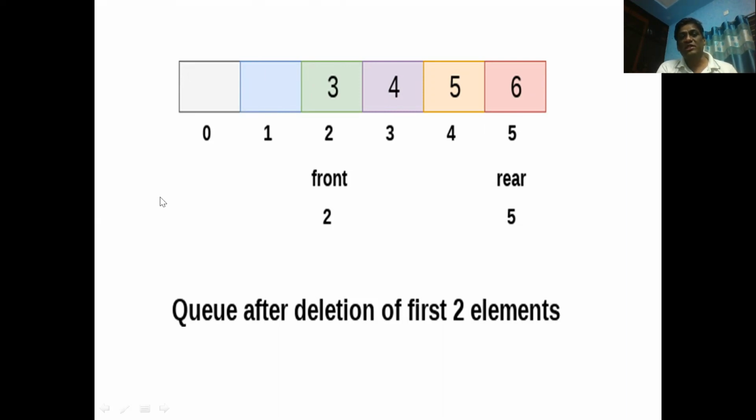We'll see the circular queue implementation in our next class. But you need to remember the drawback of linear queues. What is it? Even though there are empty locations available on the front side, you cannot utilize them for insertion purposes. That is the drawback of linear queue. Okay, so to overcome this, we make use of circular queues, right?